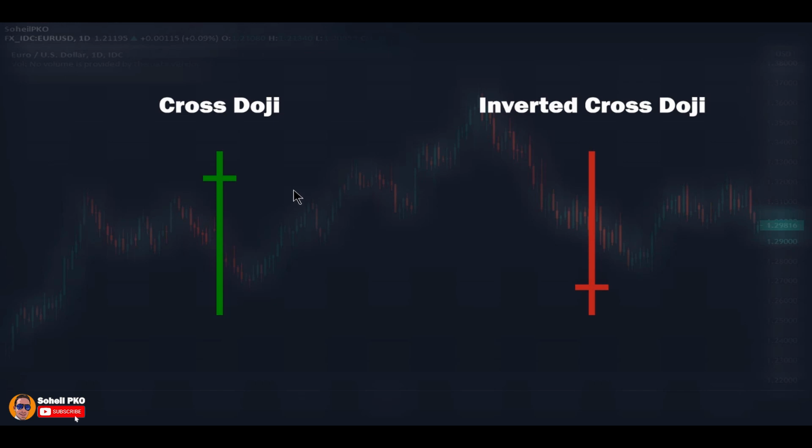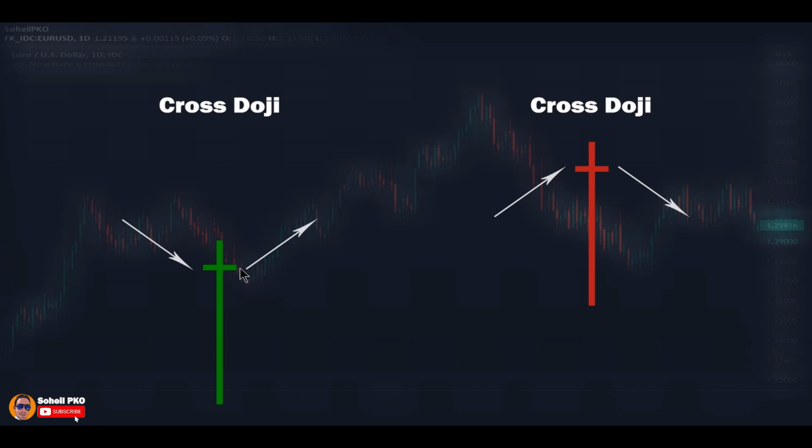The interpretation of cross doji and inverted cross doji is exactly similar to hammer and shooting star, so here I don't repeat the interpretation and how the buyers and sellers battled behind the scenes. Just know that cross doji is naturally bullish, but being bullish or bearish depends on where it forms. Forming at the bottom following a decline or near a support level, it shows buying pressure and gives the possibility of a change in the direction of the price.